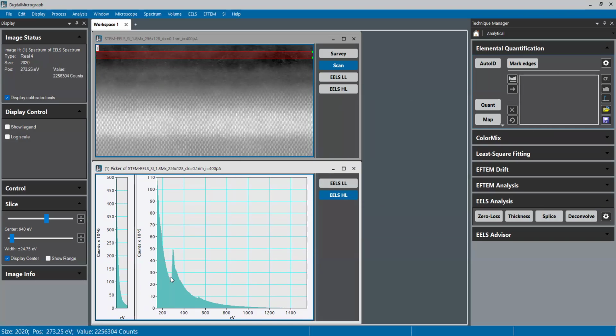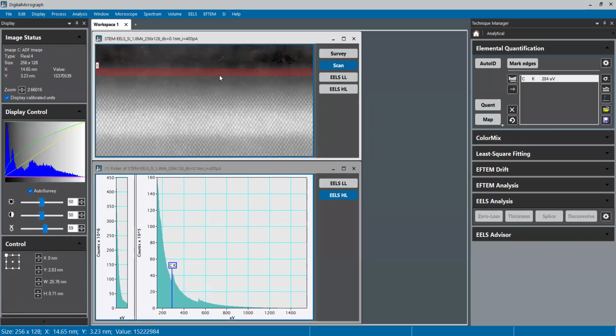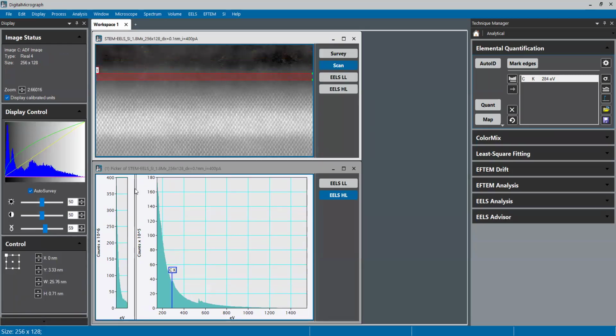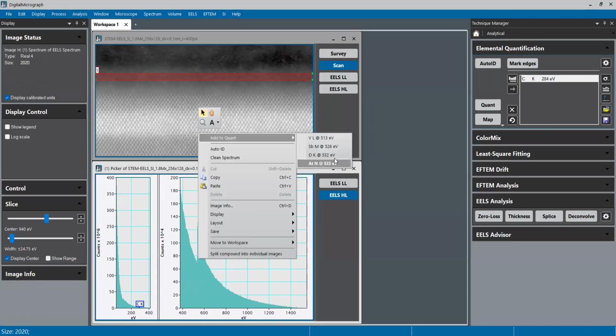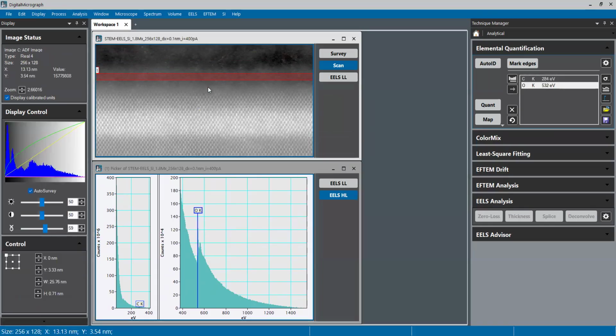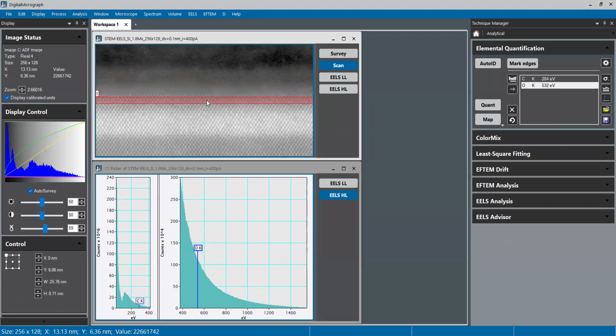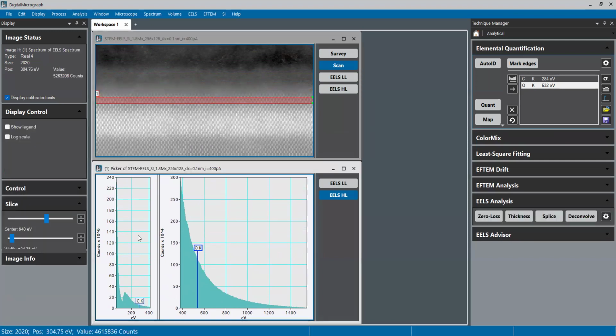So now if you right click on the edge and then add to quant, there we go. There's a little bit of an oxygen one there, but it's going to be much stronger there. Okay, so I'm going to drag this over some more, right click, add to quant, oxygen, and now there's the silicon epi layer. So now way back here,